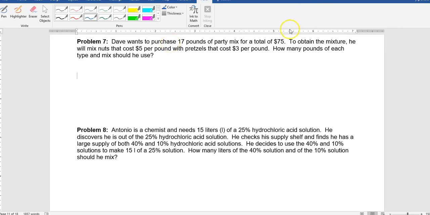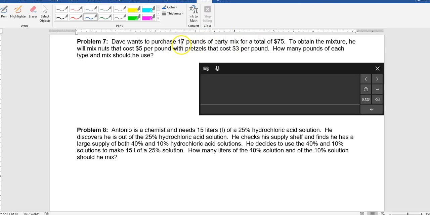So anyway, we want to look for totals in the problem. So if we look here,